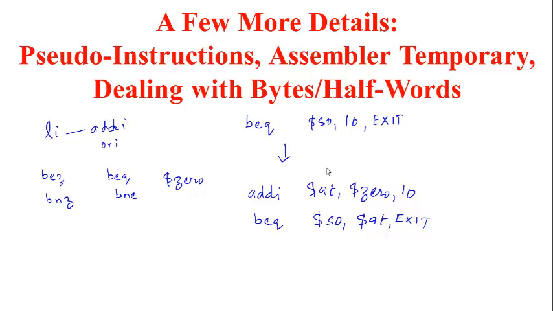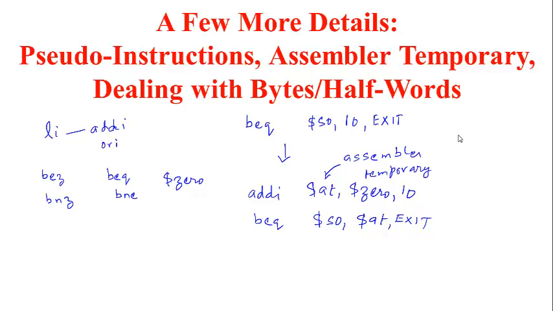You set a register here, $AT, to value 10 and then use that in a regular MIPS BEQ instruction. This AT stands for assembler temporary. So this is a register which is by convention left to be used by the assembler for such purposes. Note that this is a convention and the hardware does not enforce this kind of use of the assembler temporary